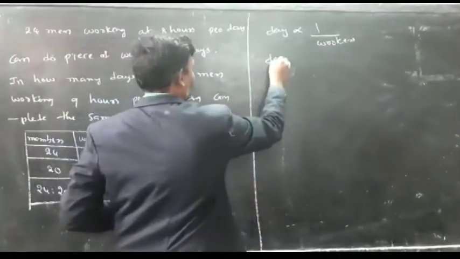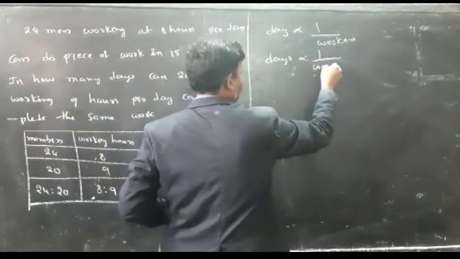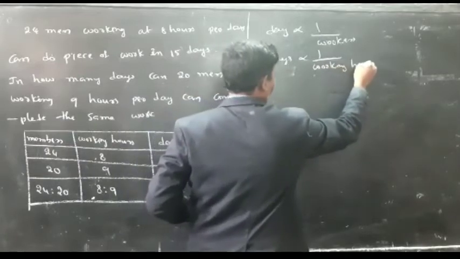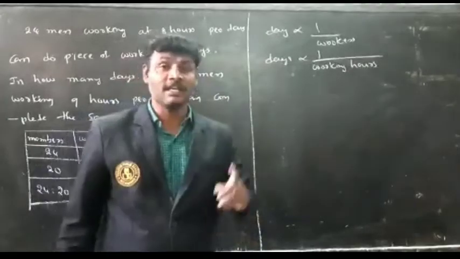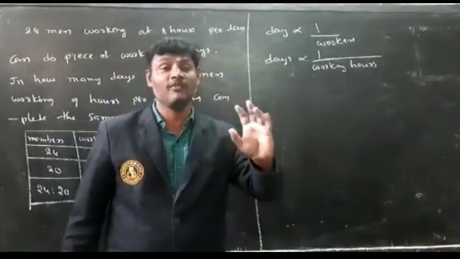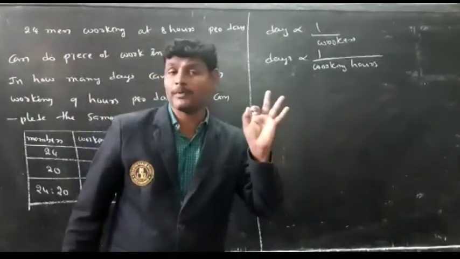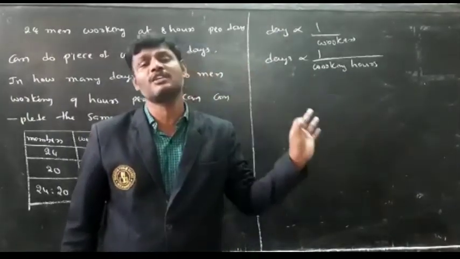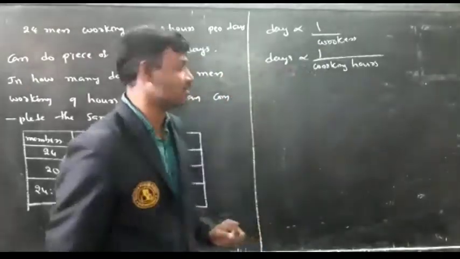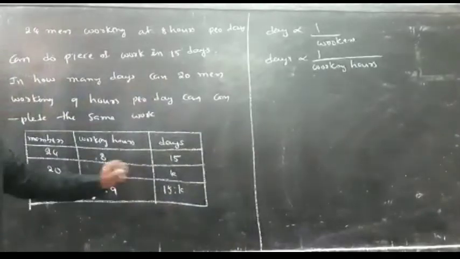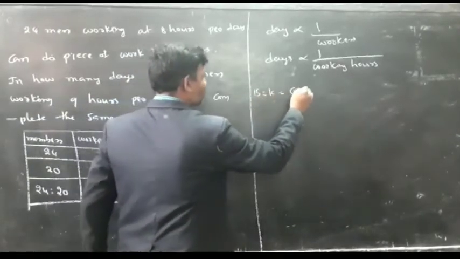Similarly, days and working hours, days and workers, days and working hours are always inversely proportional. Inversely proportional means you have to take the inverse ratio of the workers and also the inverse ratio of the working hours. So what is the ratio of the days? 15 is to K is equal to the compound